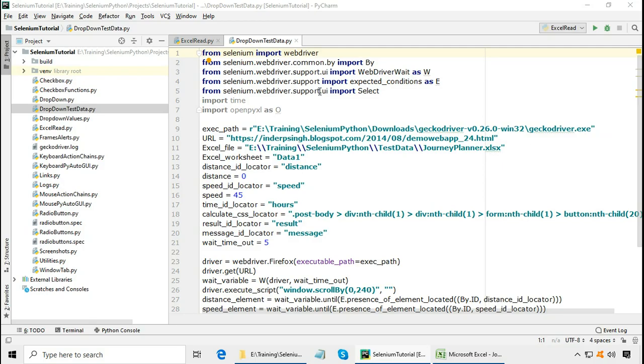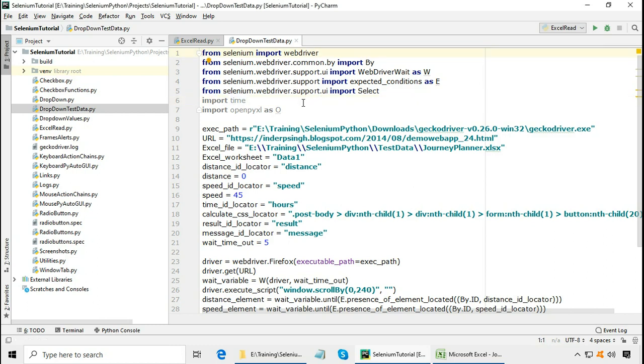In my Selenium Python tutorial 4, I demonstrated the test automation script to test the Journey Planner application. In this next Selenium Python example, I will modify it to open Excel file, read test data values from Excel, use the values in the application, and write test results to Excel.